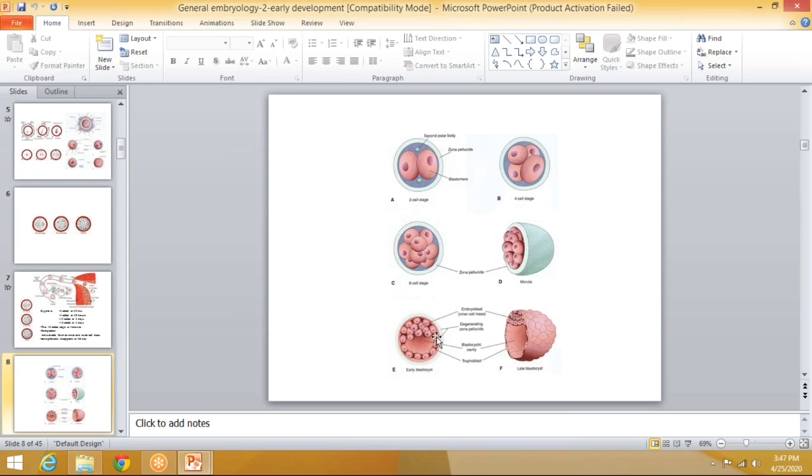Now this is the same diagram. Now here differentiation takes place. The cells of the inner cell mass get attached to one side, leaving the cavity. This cavity is known as the cavity of the blastocyst. And these cells get clumped to one side to form the inner cell mass. Now this is the trophoblast, a single layer surrounding the blastocystic cavity.